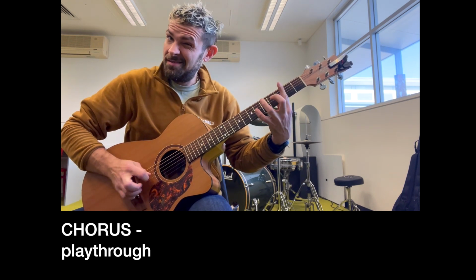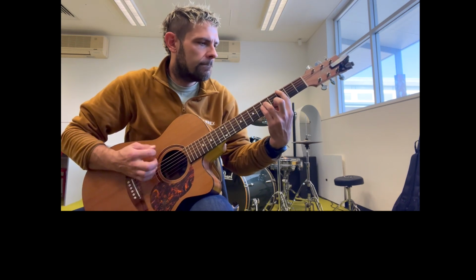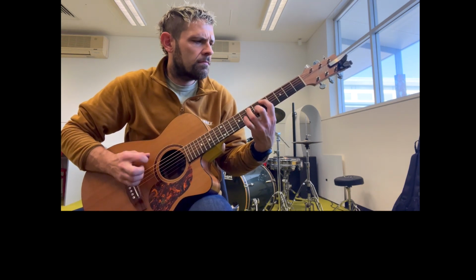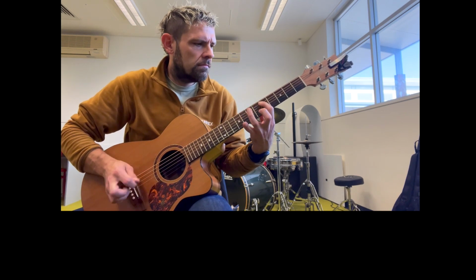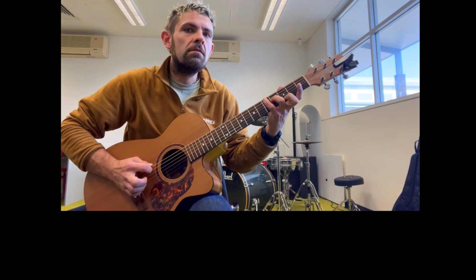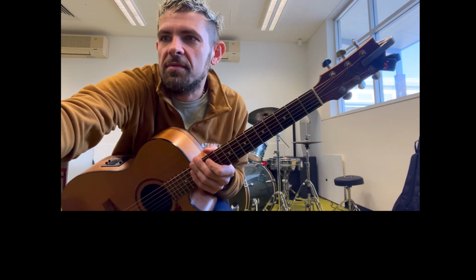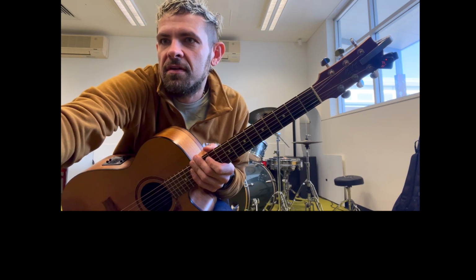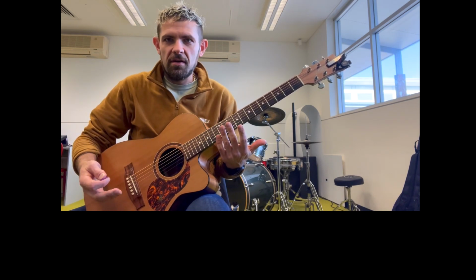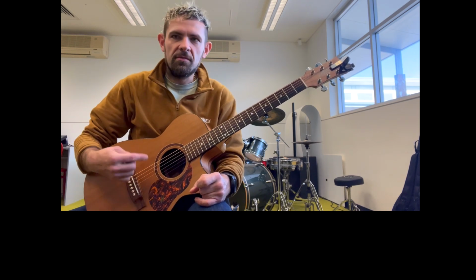Sorry, that's meant to be. Into our etc. there. The only other bit that we need to look at is the instrumental. So you're kind of chugging away on that open E power chord, and it's a bit of a shuffle feel now. So instead of thinking just like 1 and 2 and 3 and 4, it's got this 1 and a 2 and a 3 and a 4 and a 1 and a 2 and a 3 and a 4,